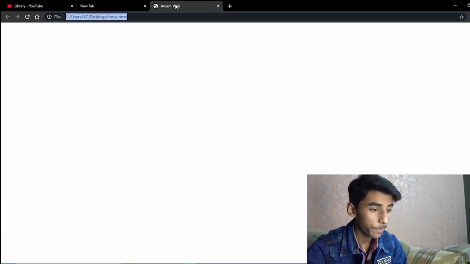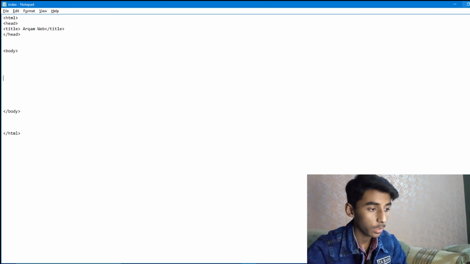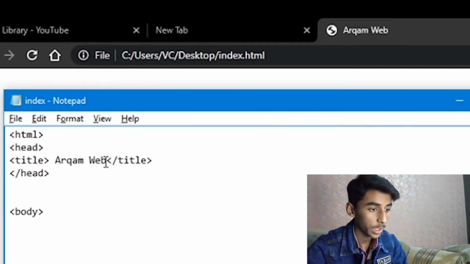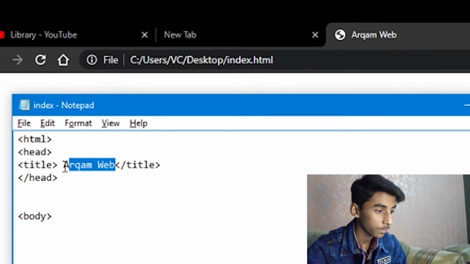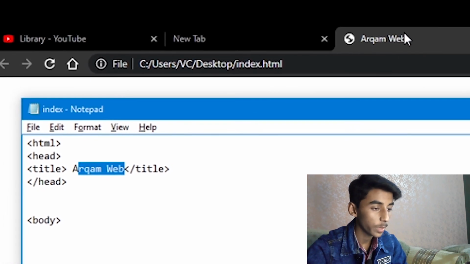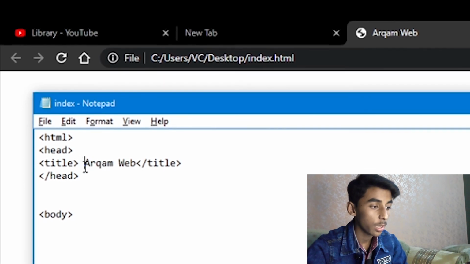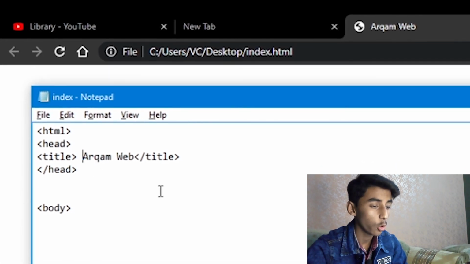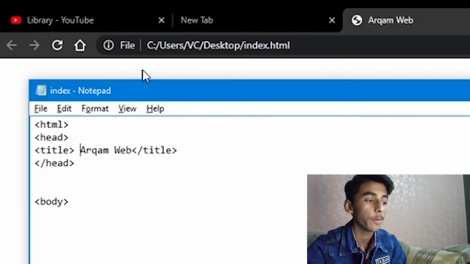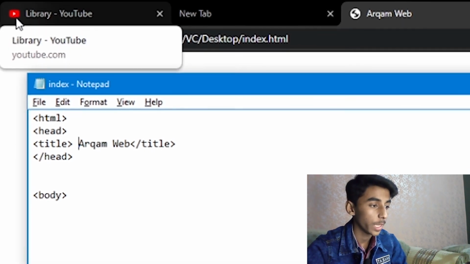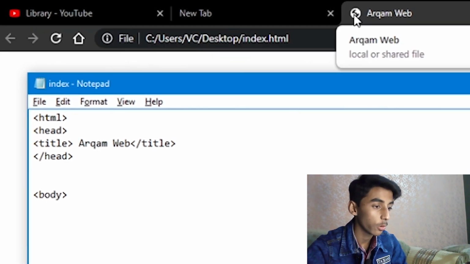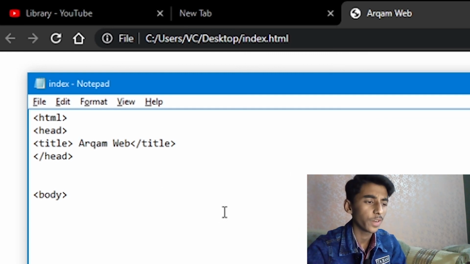See the name which I wrote in the title, this name is displayed here. So this is the title. You can also add a logo here which is called a Favicon. Like YouTube, the logo is displayed here. You can also display your own logo here. I will teach you in the further classes in the software VS Code.